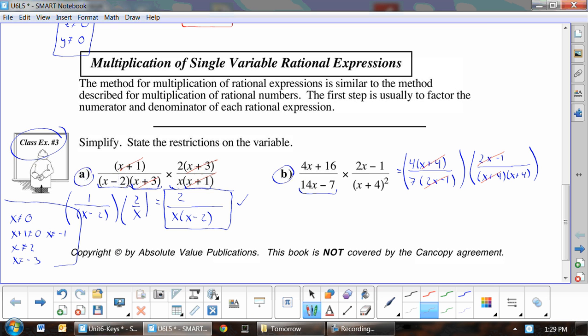Okay. So the top isn't a difference of squares because this x isn't squared. If it was 4x minus 1, that would be a difference of squares. Okay, so from here, we say, okay, can we cancel anything else out? There's no other x's plus 4s. 4 over 7 can't be reduced, so we know it's